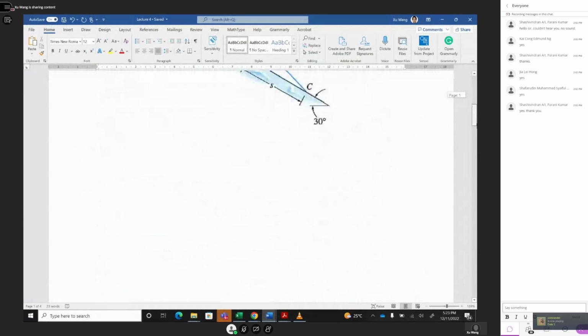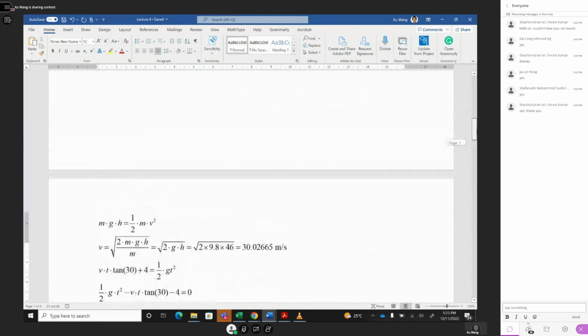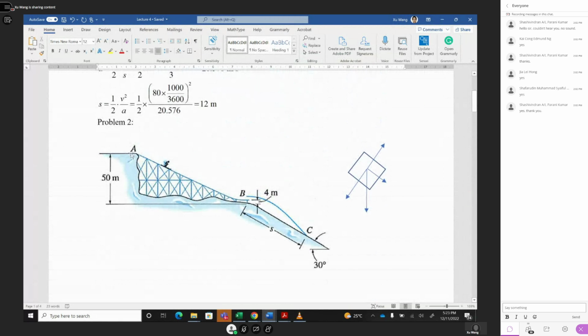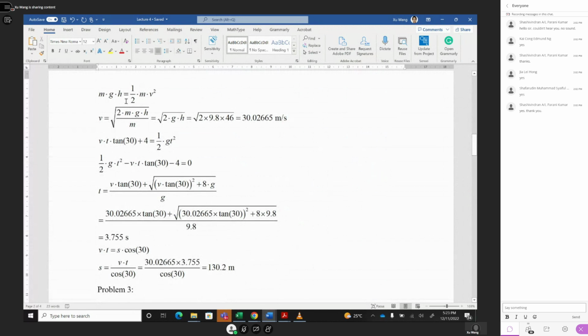In equation 1, you can see that you have a gravity potential energy from here to here. You have a 50 meter height, m g h. This gravitational potential energy should be transferred to the kinetic energy, half of m v squared. So to get the first formula, you cancel the m, and you can calculate v squared equals 2 g h, with g 9.8, and this height is